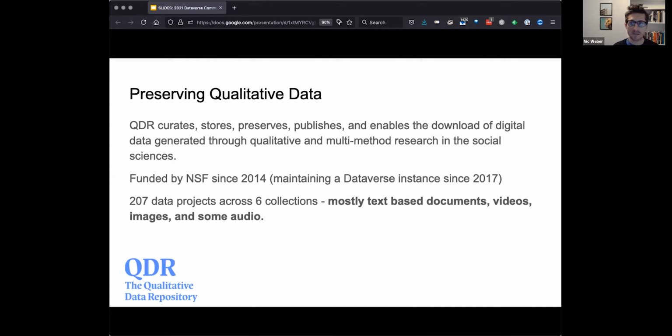So depositors initially propose a data project and then provide documentation and descriptive metadata or other forms of documentation. And then our curators at QDR work closely with depositors to ensure that the proposed data project has clearance from IRB or ethical boards, have proper privacy controls in place, or that we can actually host the privacy sensitive data. And really importantly, for scholars that are consulting archival documents and oftentimes collecting those from archives around the world, we